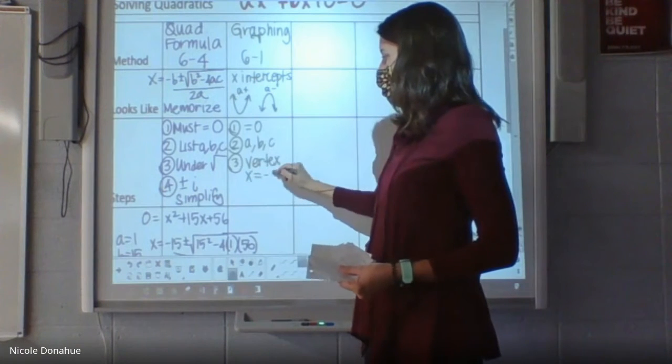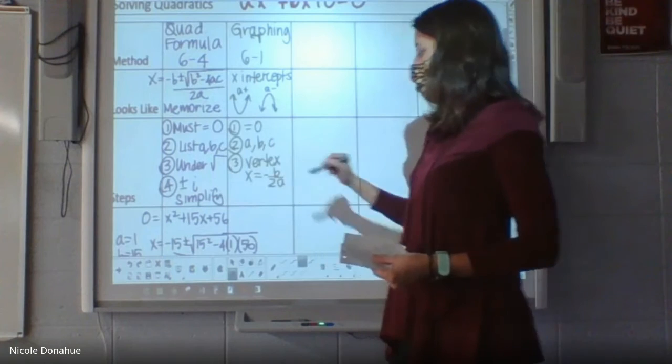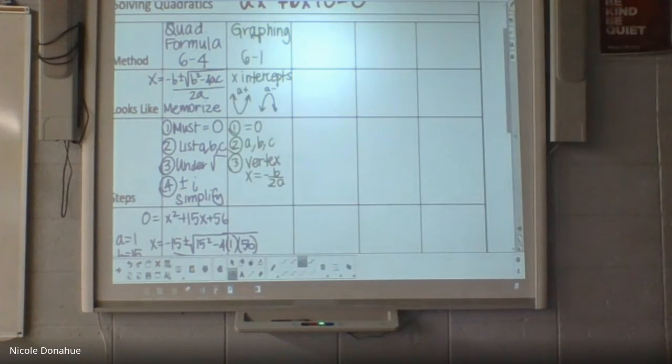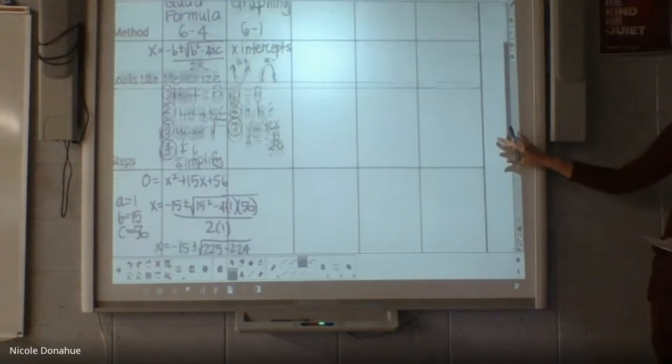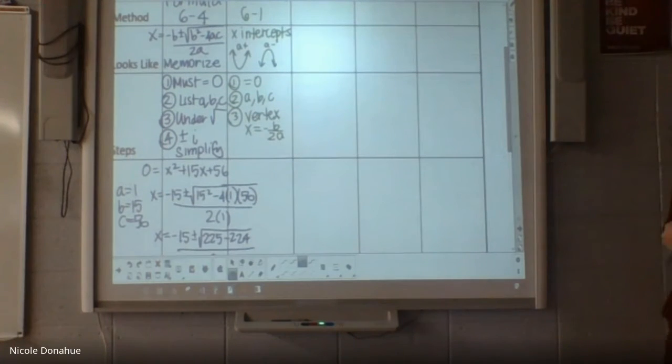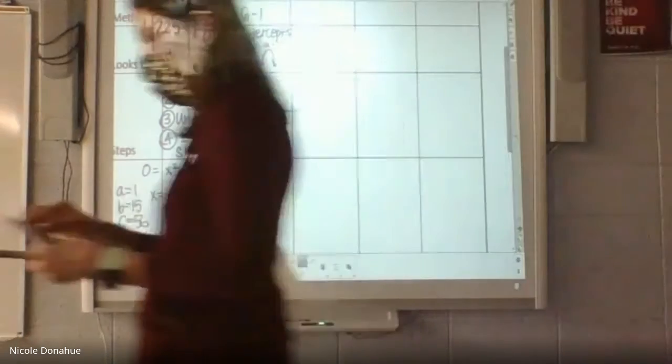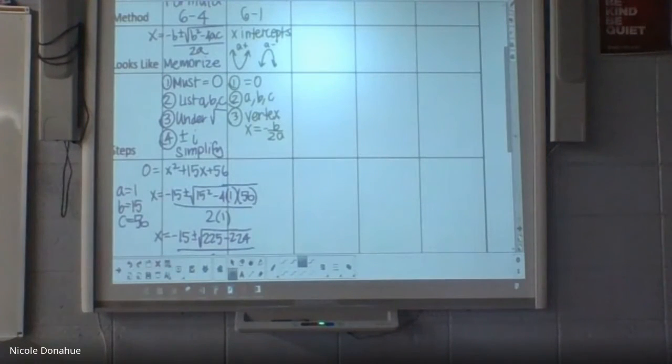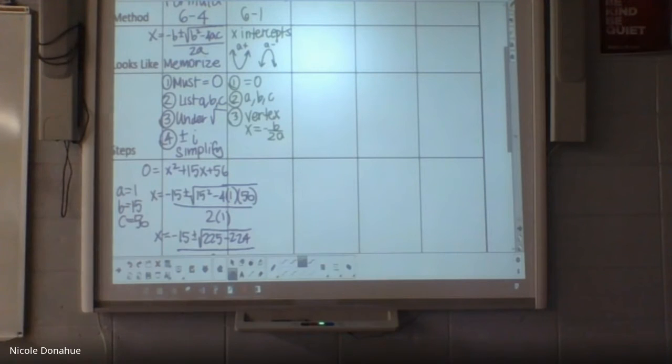But the really good news is the coordinates for the vertex, that formula, is in the quadratic formula. So if you didn't notice it already, the quadratic formula has negative b over 2 times a in it already. So if you memorize the quadratic formula, you're really memorizing